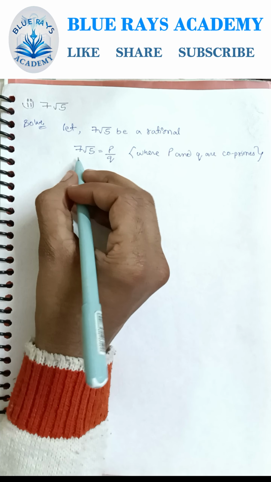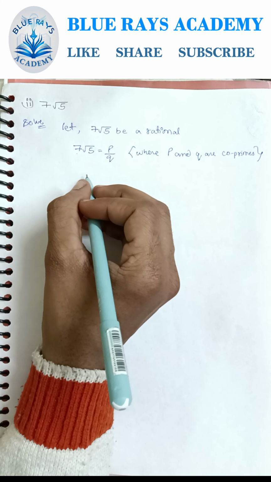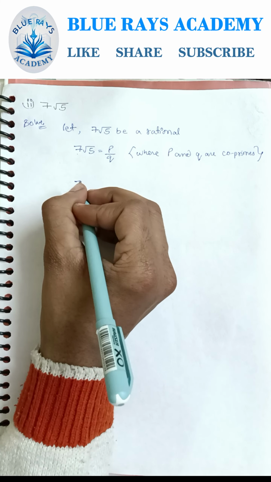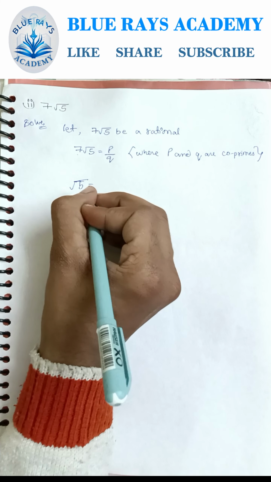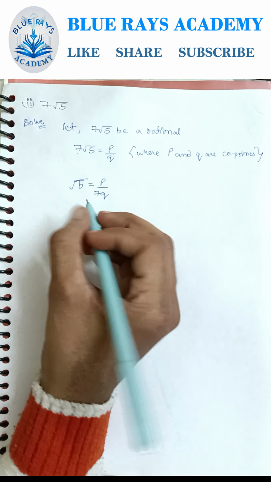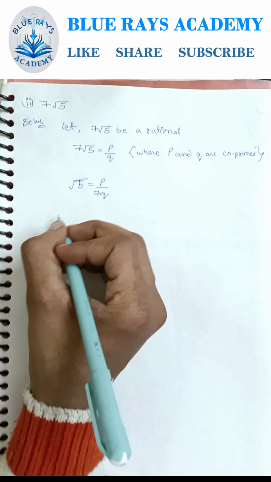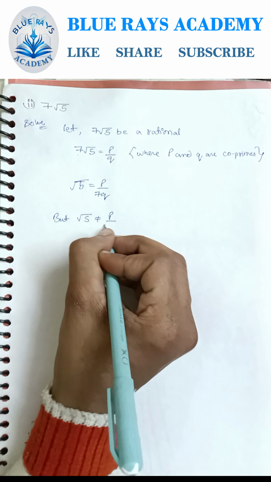Now, we have 7 here in multiplication. We will send it as divide. So we will be left with root 5 equals p upon 7q. Now, but we know that root 5 cannot be equal to p upon 7q